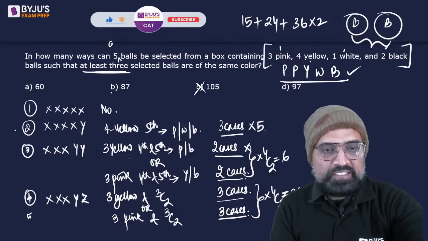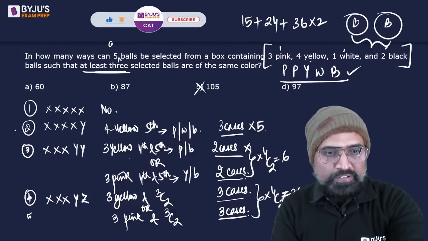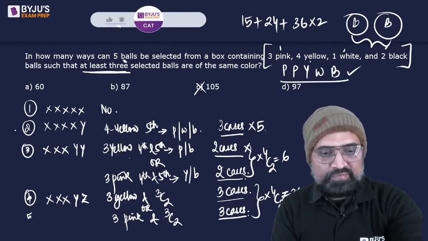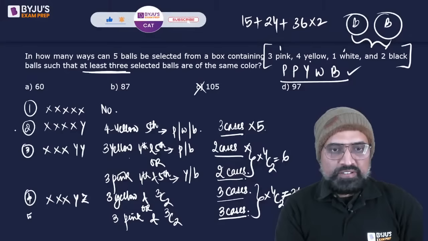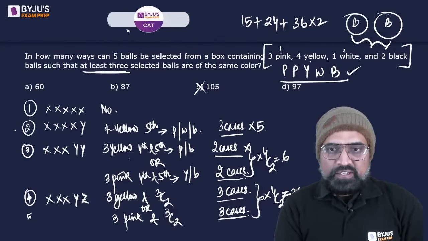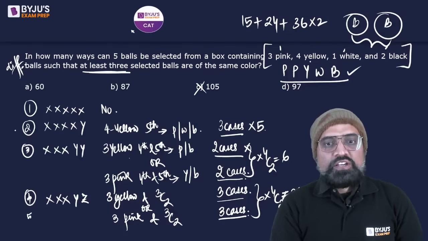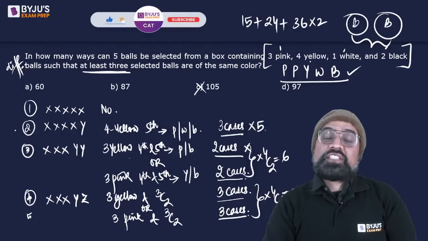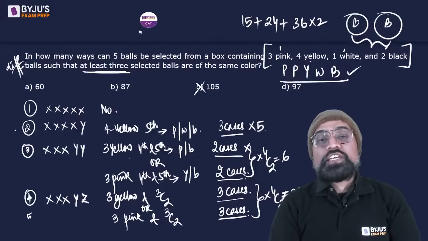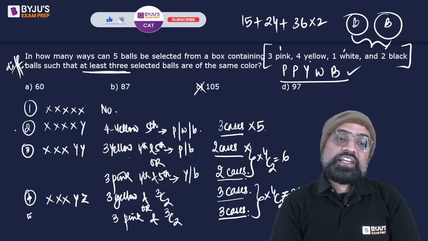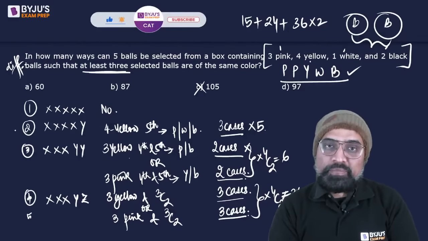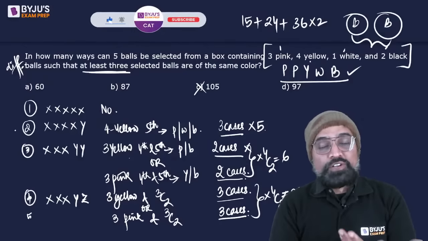I shouldn't write distinct here. Distinct should have been, यहाँ पे distinct होना चाहिए. Black different balls. So that the 3 pink balls, they are different, 4 yellow balls, they are different. Then only maybe one of the options will make sense. But when you deal with